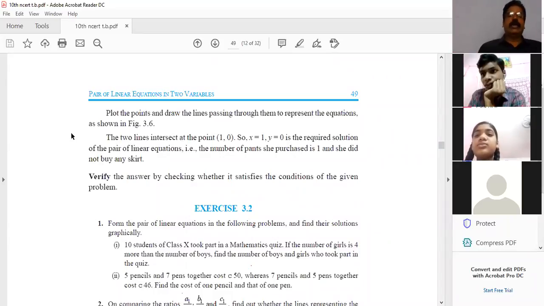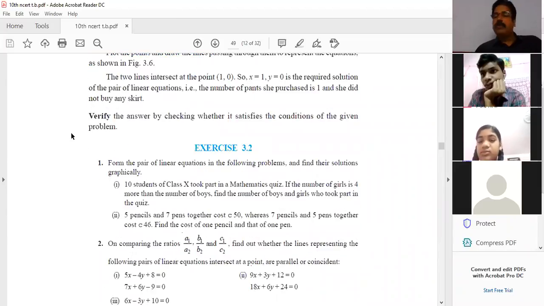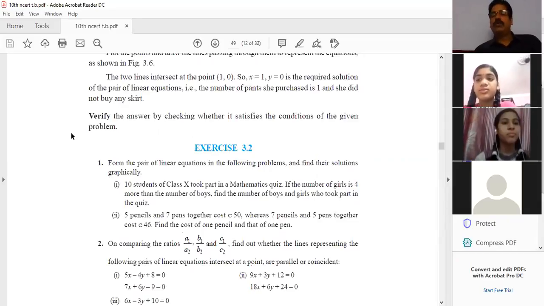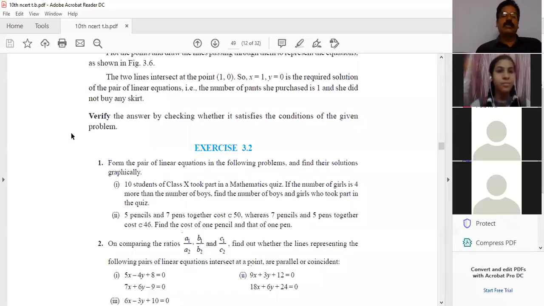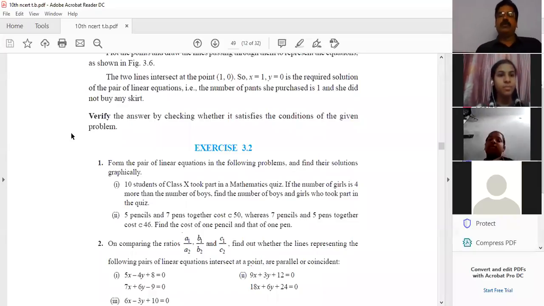Now we can enter into exercise 3.2. Just see, you can read the question in exercise 3.2. Up to now, do you understand the table, everyone? Can I go to exercise 3.2? Akifa, unmute once. Are you following the 3 conditions? How you can take A1, B1, C1, A2, B2, C2? Understand?